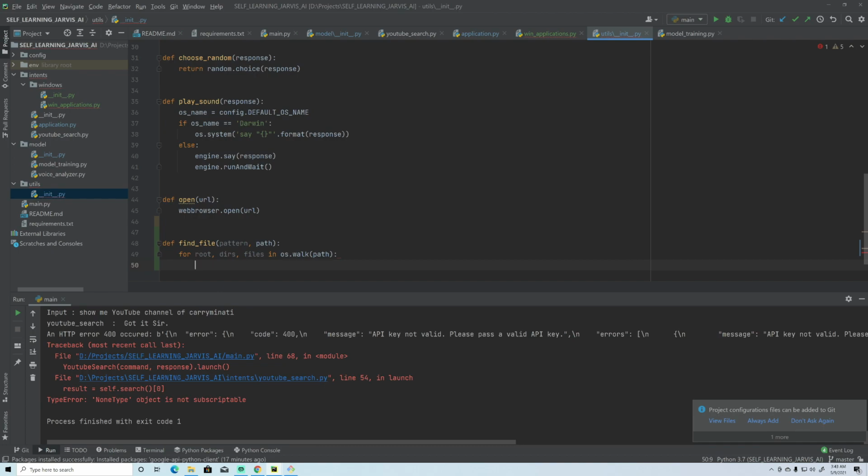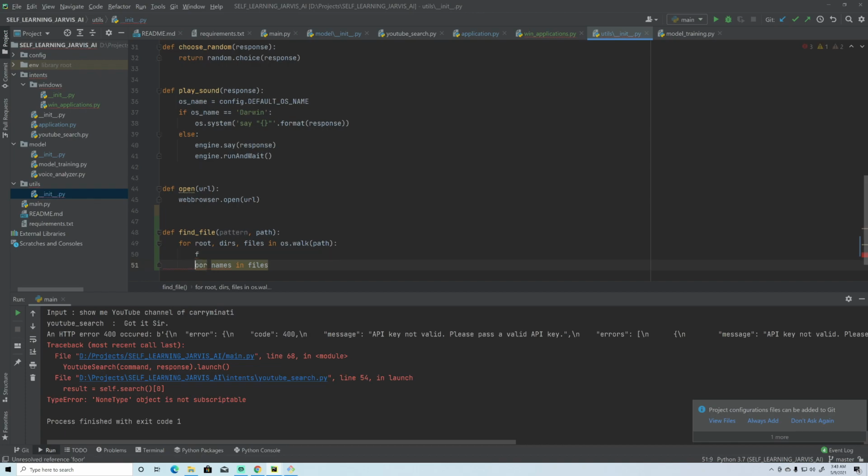So now for name in files, if this pattern should match with this name, right?